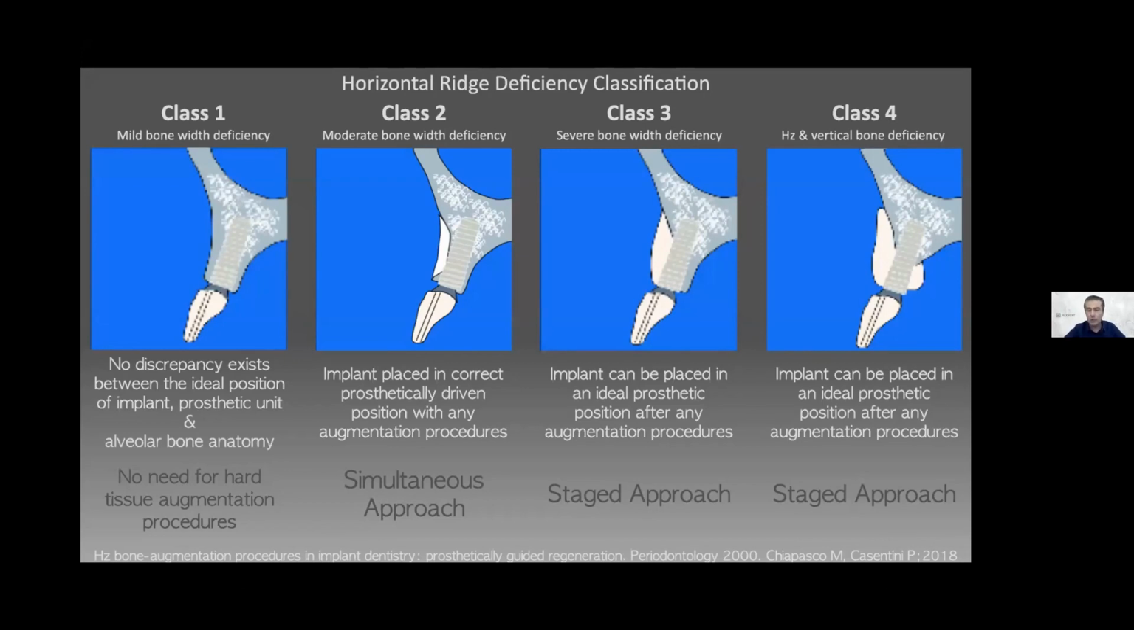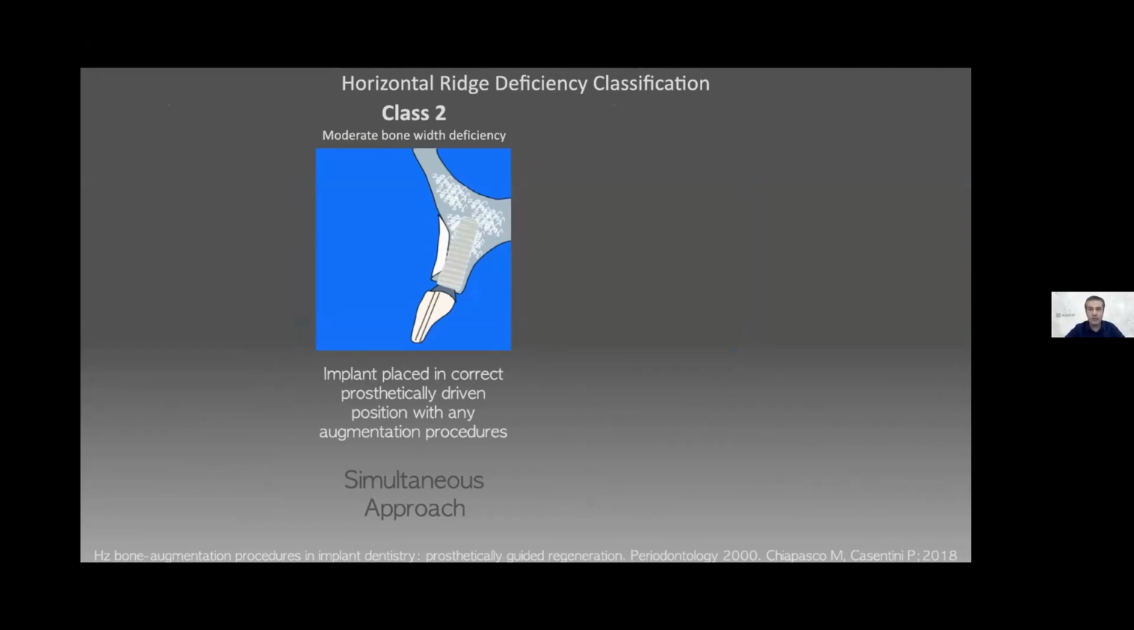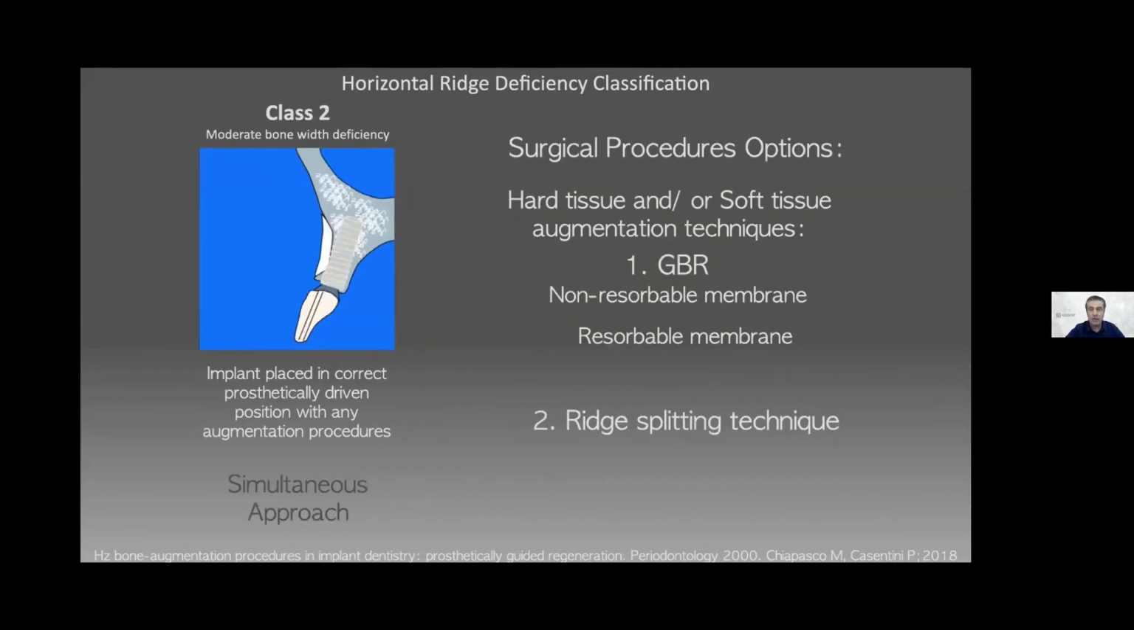can do our implant. So, for this reason, I will talk today only about class 2, because I can place my implant and simultaneously make the bone augmentation. There are 2 ways of doing it: guided bone regeneration with non-resorbable or resorbable membrane, or the ridge splitting technique. Today, I will focus on the ridge splitting technique, and I will talk first of all